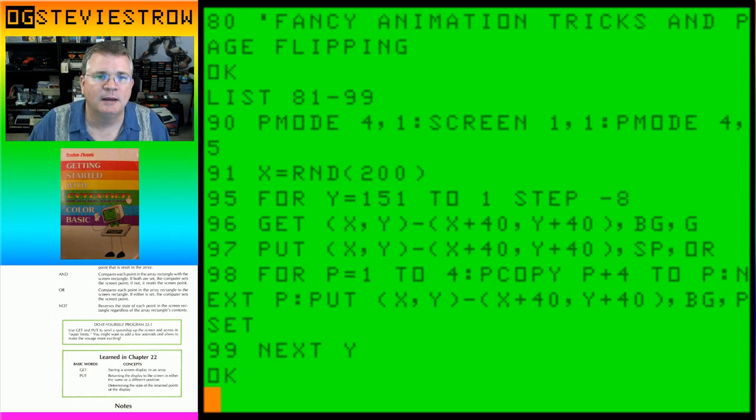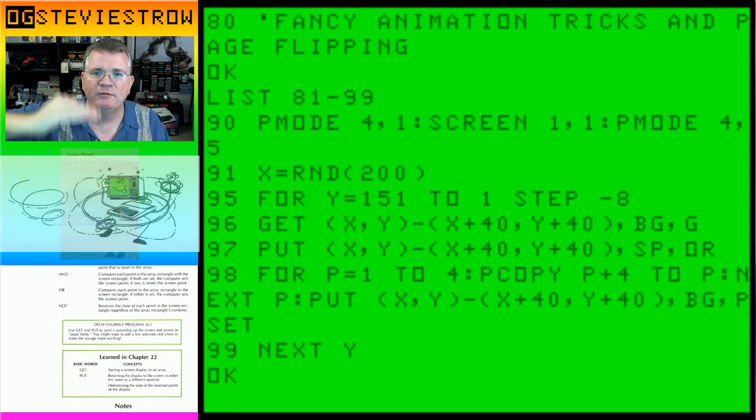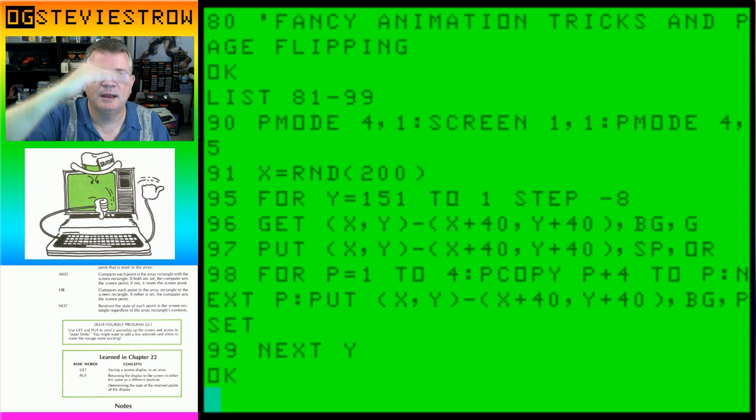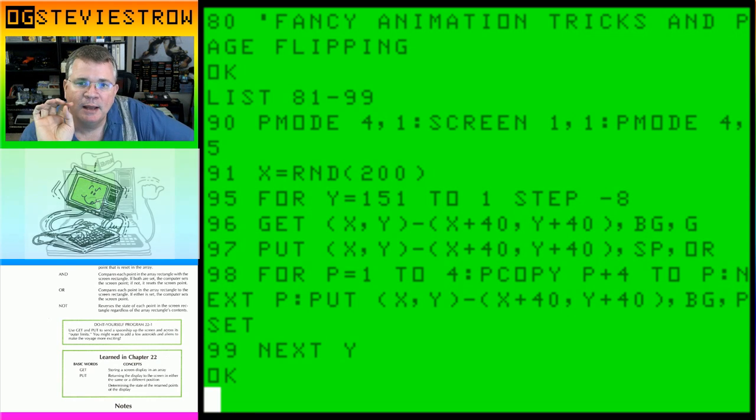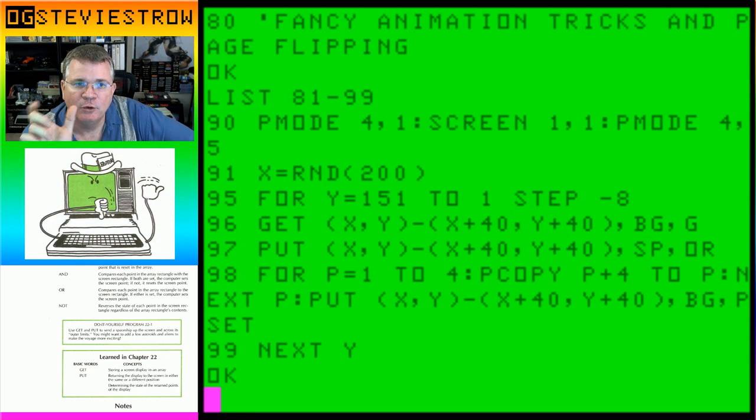And then line 95 says I'm going to start at line 151, which is towards the bottom of the screen. I'm going to work my way to the top, STEP -8. That's how it's jumping 8 pixels at a time. The first thing I do is I get my 40 by 40 grid of the background. Then I put the spaceship with the OR option, which is a kind of masking that doesn't destroy the